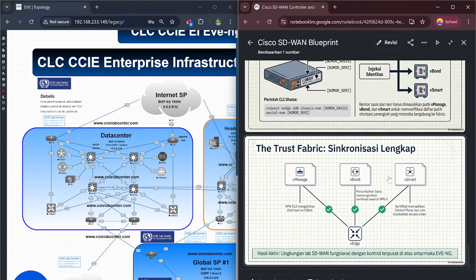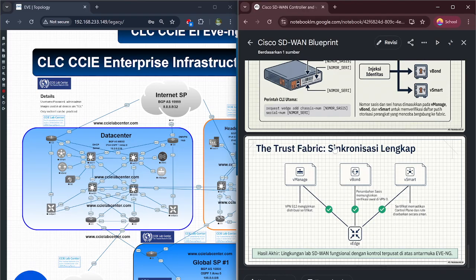Okay, and moving on to the path for vEdge onboarding, this is where we bring the actual routers into the network. The trust fabric for synchronization, the translation of components. One, vManage: VPN 512 allows for certificate distribution.